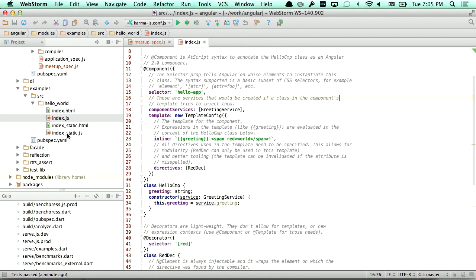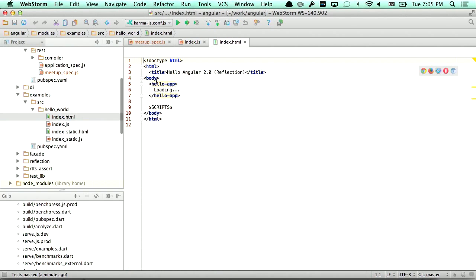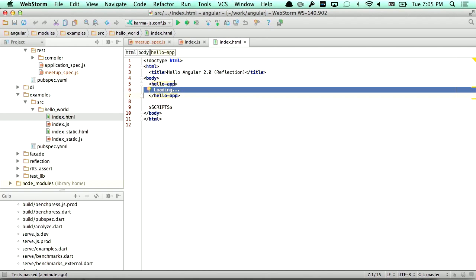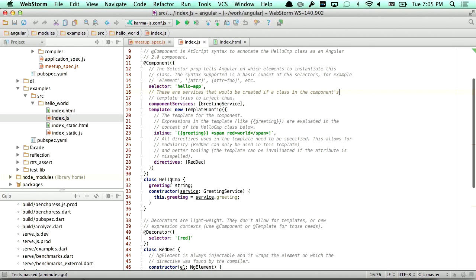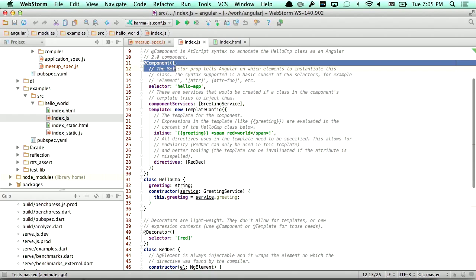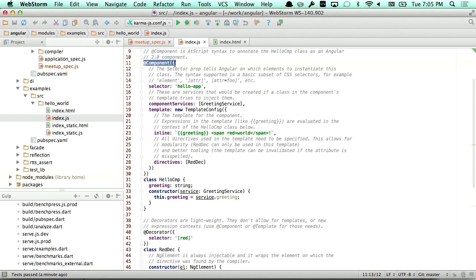So how does that work? Let's look at the HTML. It works because we declare a component called hello app. And in Shadow DOM, there's this concept called the light DOM, which is what goes inside of it. And then we allow the component to bootstrap itself. How do we know that this is the component? Because each component has this annotation, which I've shown you how we can use in the framework. So now we're simply annotating this particular class, saying, okay, this class I want the framework to use in a very specific way.